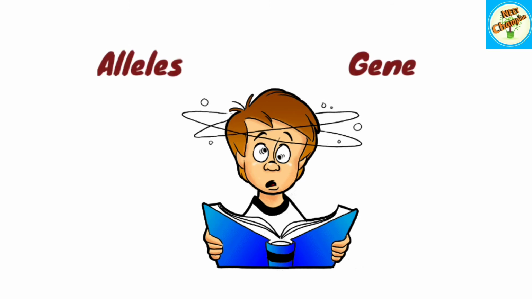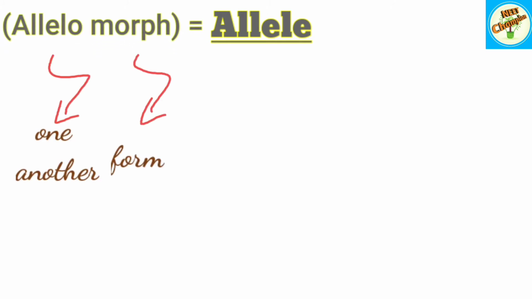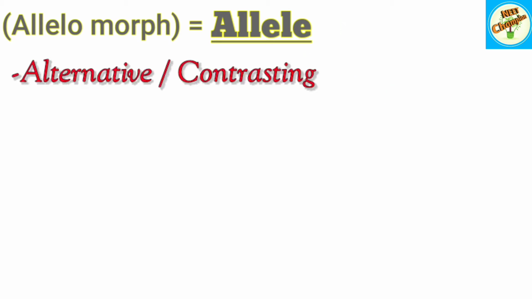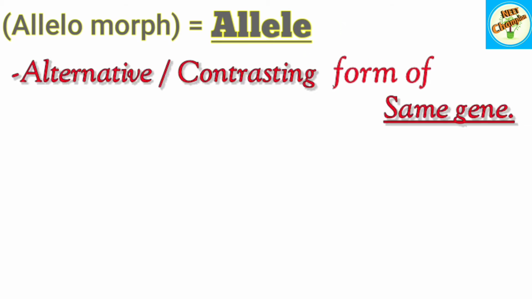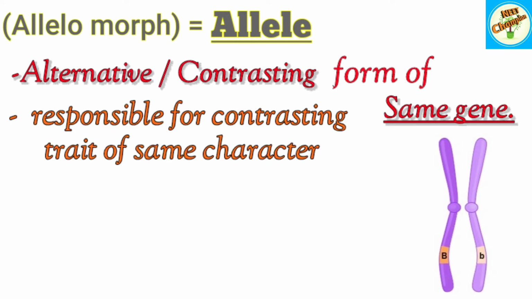Do you know the difference between allele and gene? Allele is a short form of allelomorph, which means form of one another. The terms allele, homozygous and heterozygous were given by Bateson, the father of modern genetics. So the allele is the alternative and contrasting form of the gene, which is responsible for contrasting traits of the same